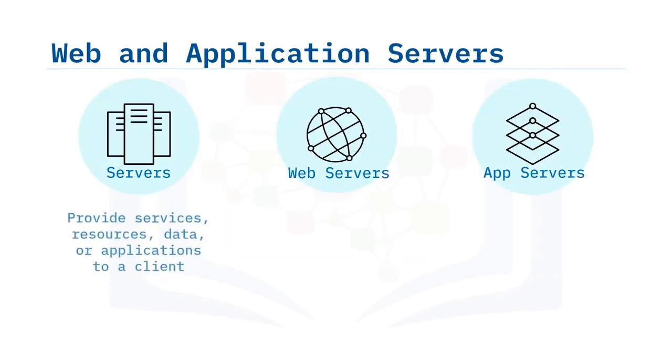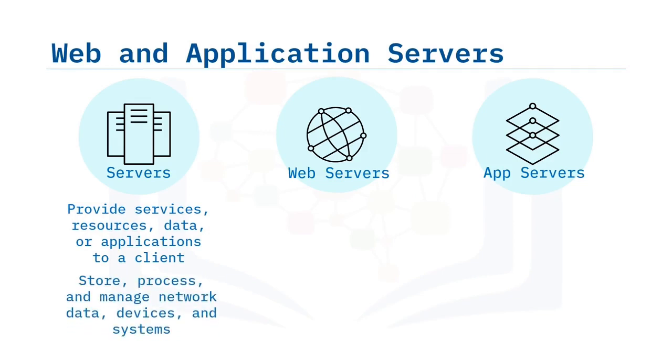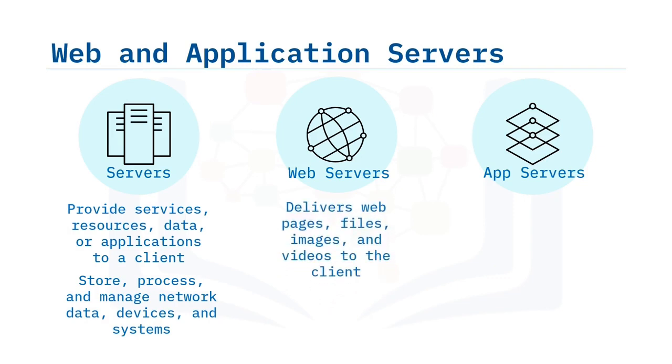Web and application servers are either software or machines that provide services, resources, data, or applications to another computer program called the client. Servers store, process, and manage network data, devices, and systems. A web server delivers content such as web pages, files, images, and videos to a client. And a web server primarily responds to hypertext transfer protocol requests coming from a web browser, such as a user